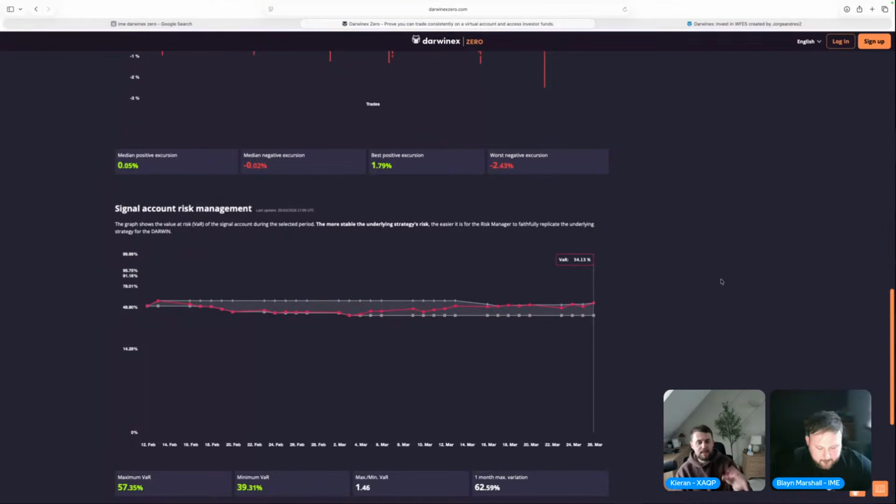The great thing is, and what you should take kudos for here, is the stability of your VAR. It's very, very stable, even though it's quite high. So that tells me that even though you're probably risking a lot per trade, you're not doing anything that I should be concerned about in terms of martingaling or gridding or trading one lot here, but then 10 lots the next trade, and varying your size too much. So I would just say try and bring it down over the next few months.